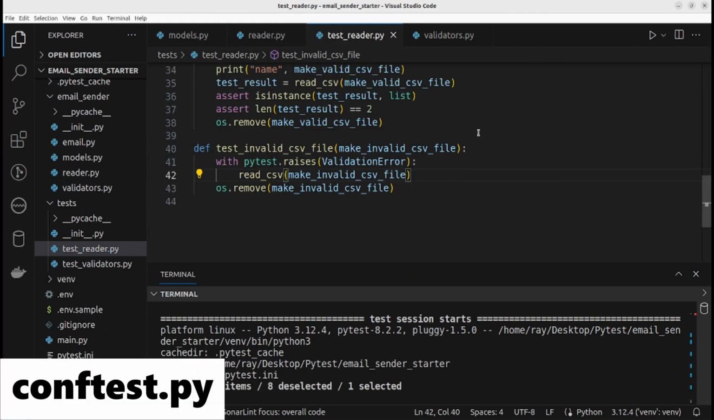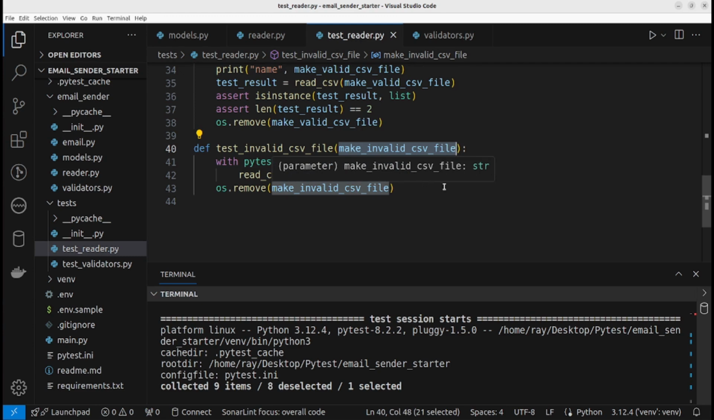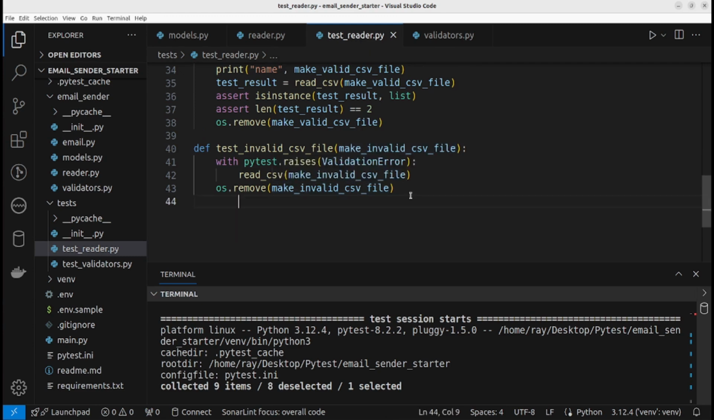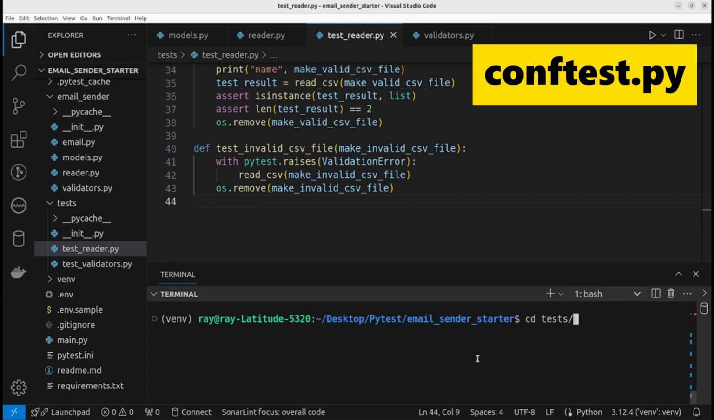Fixtures are reusable functions. When Pytest sees a fixture as a parameter, it automatically calls it, and the returned value from the fixture can be accessed within the test body through the name. Fixtures are generally put in a file named conftest.py. When you put them in conftest.py, then you can make use of them in different modules. So now let's create a conftest file. Touch